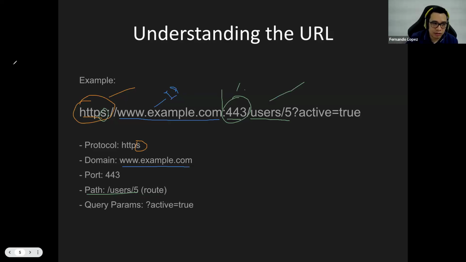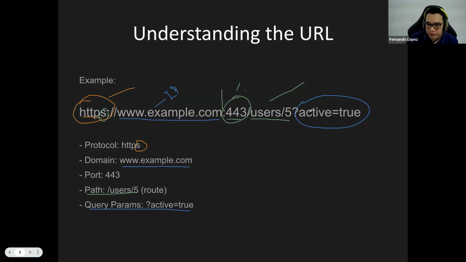Now, the last part of a URL are the query parameters. In the query parameters, we can add information that could be helping us to filter data.